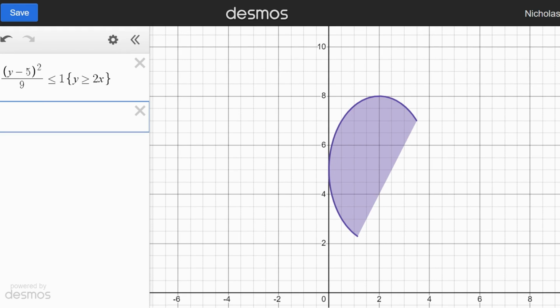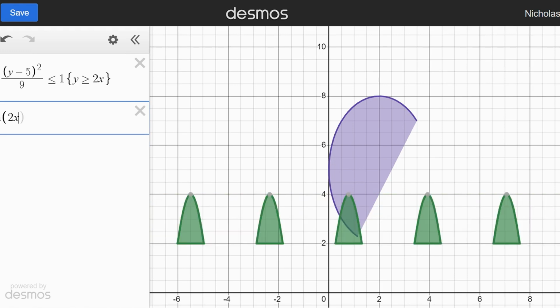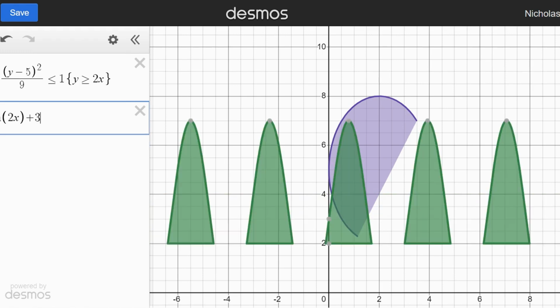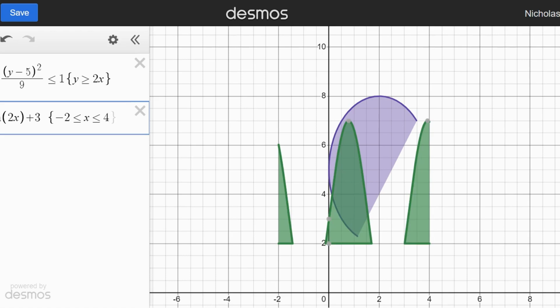For sine of 2x plus 3. So now we have these waves that go right here. I could say I might only want those for a little bit of area. I could say I want this from x's between -2 and 4, so I only get it for a short period of time. I might not like that when I have this here, I kind